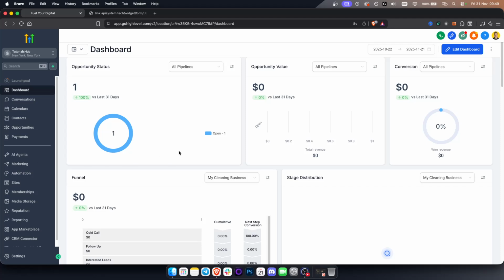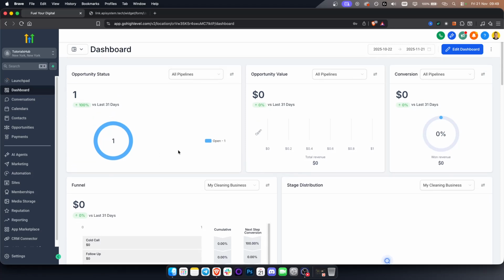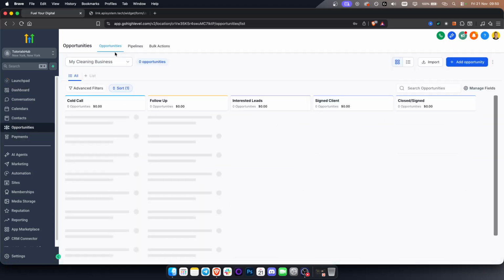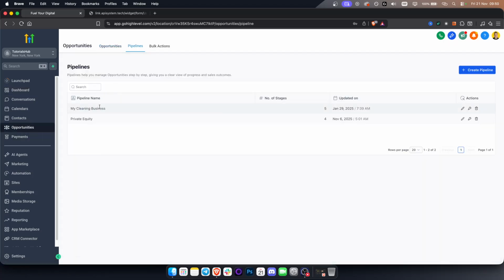Now, obviously, the last thing about GoHighLevel, I didn't even cover most of the features for property management, but I gotta say, if your property management business grows, you might have many properties, many units, many stakeholders. So using a system that supports multiple pipelines. If you go to opportunities, you have multiple different pipelines here. As you can see, I have a pipeline for a cleaning business, for private equity. I can have multiple different pipelines. And this is really great for scalability for property management, allowing you to tailor data fields. And also because GoHighLevel does offer unlimited sub accounts for agencies. This is in a